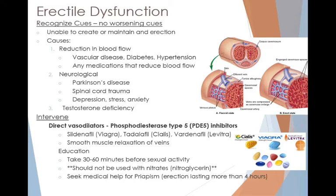Neurological diseases or decreased innervation to the area can cause erectile dysfunction as well. So if we are having a reduction in blood flow, the treatment is to help blood flow and dilate blood vessels. So this is a great thing. There are some specific vasodilators that work on small vessels, and they are actually used in pulmonary hypertension as well, these